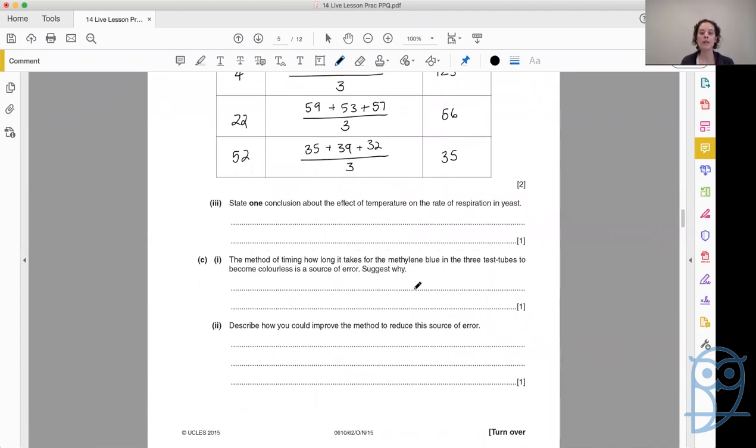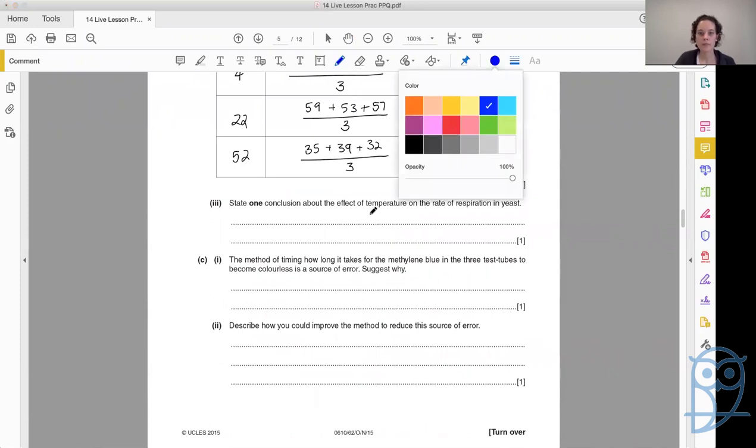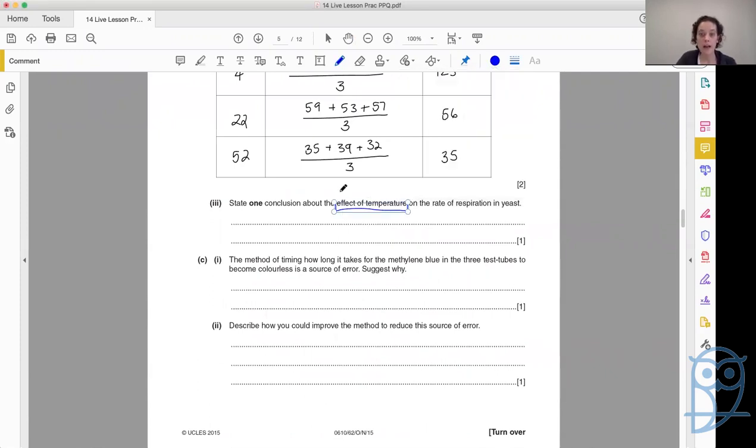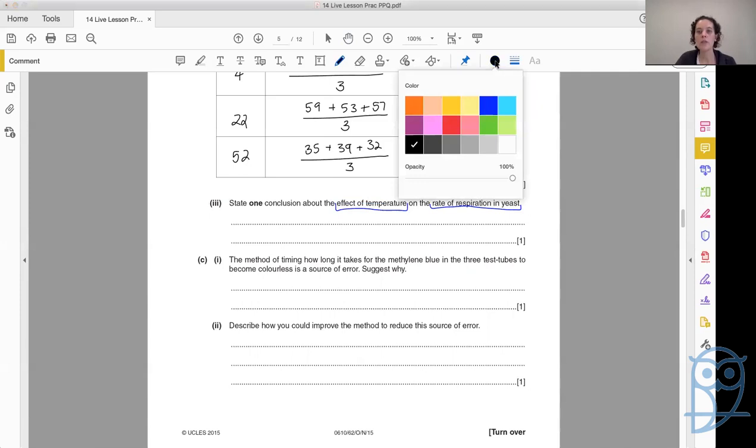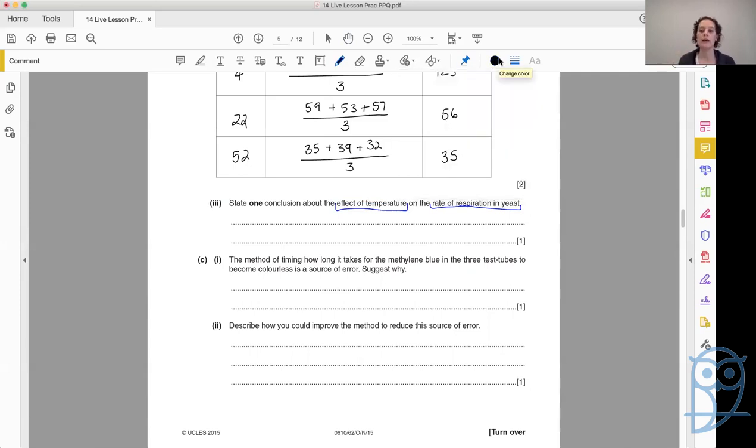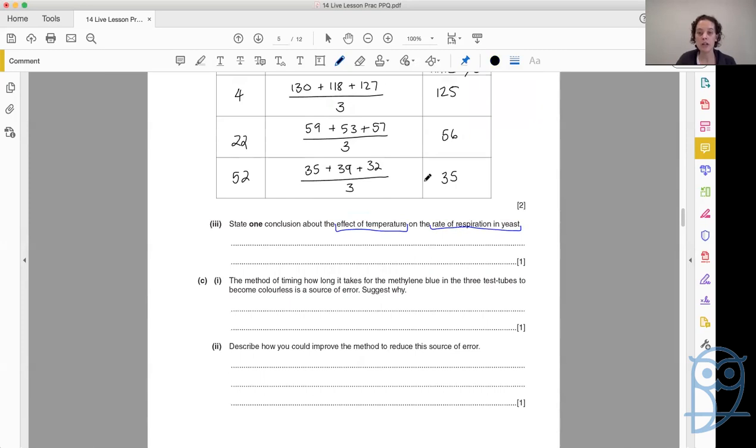State one conclusion about the effect of temperature on the rate of respiration in yeast. So, the effect of temperature, our independent variable, on the rate of respiration. So what happens? We know that we looked at temperature increasing. And what happened when we increased the temperature is that we turned color faster. So if we're turning color faster, it means we have more respiration that's happening. So